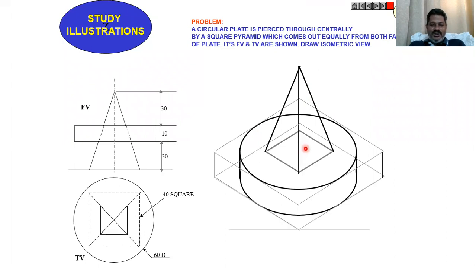Next step is to complete the bottom portion of the pyramid, which is below the circular plate. To that, next draw a line from this point for a length of 30 millimeters, and from the bottom surface, from this bottom rhombus, come down for a length of 30 millimeters, then construct one more rhombus at that location, then draw a line